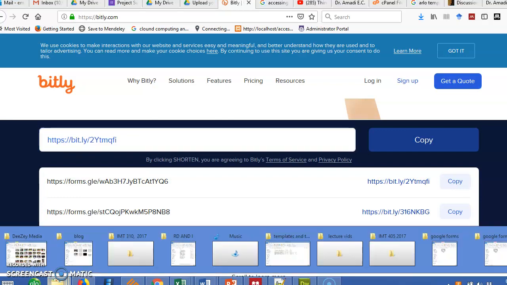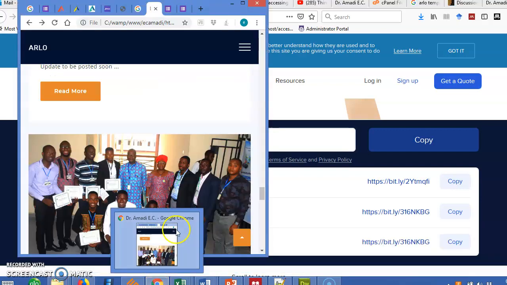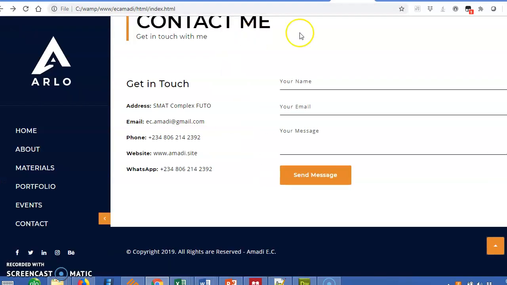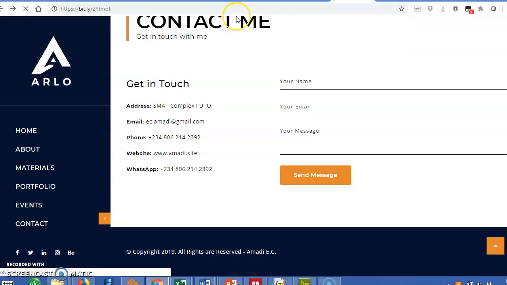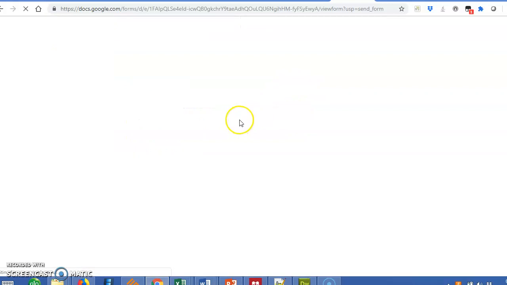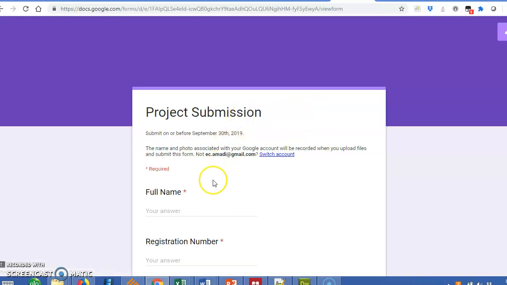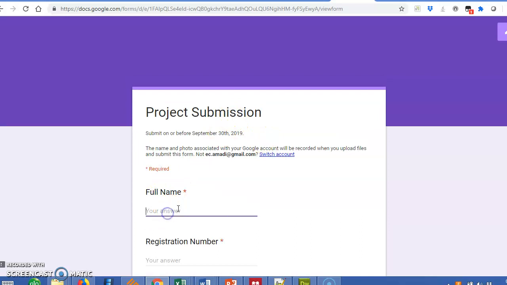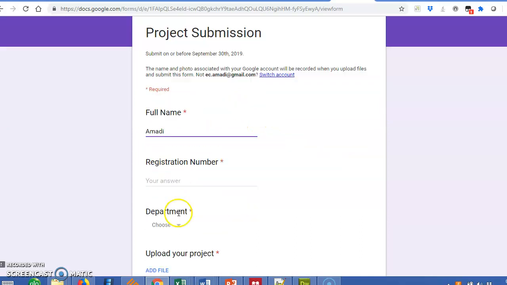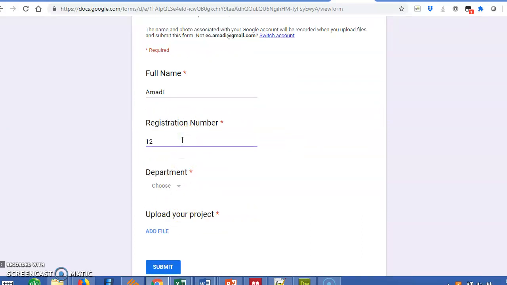So our form has been created. Open a separate browser and try to paste it there and see what it looks like. Okay, so having done that, we have our form. So I can quickly respond to the form. 1, 2, 3, 4